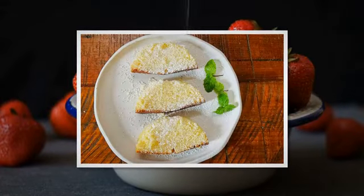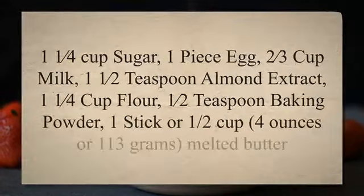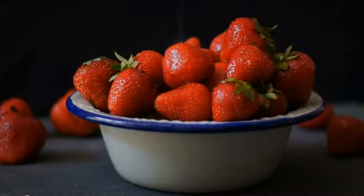Swedish almond cake recipe: 1 1/4 cup sugar, 1 egg, 2/3 cup milk, 1 1/2 teaspoon almond extract, 1 1/4 cup flour, half teaspoon baking powder, 1 stick or half cup, 4 ounces or 113 grams, melted butter. Directions: